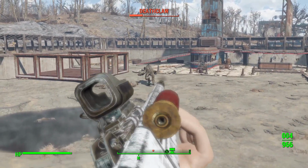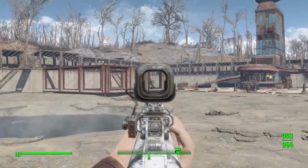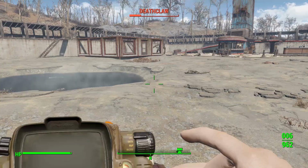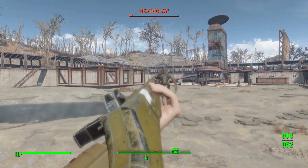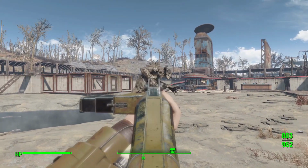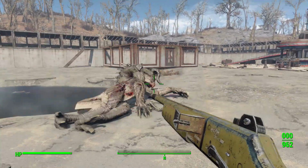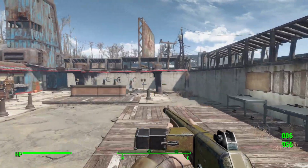And actually, you know what? Not gonna be too bad with this thing. We almost have it down with this particular gun. Let's actually switch on over to this, though. Bring it, Deathclaw! Oh god, it's bringing it, and I may die. Never mind, we're good. So yeah, this is a fun little mod, adding in 2 shotguns that are, for